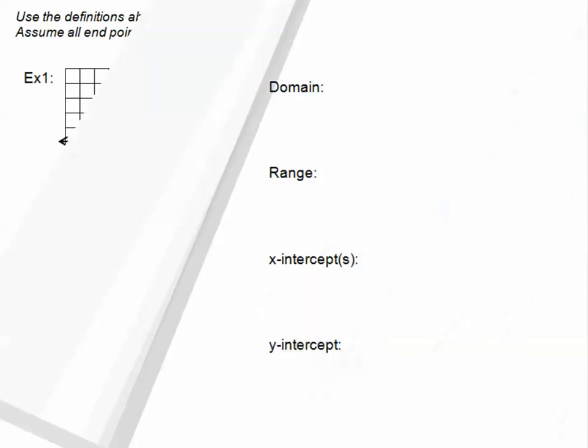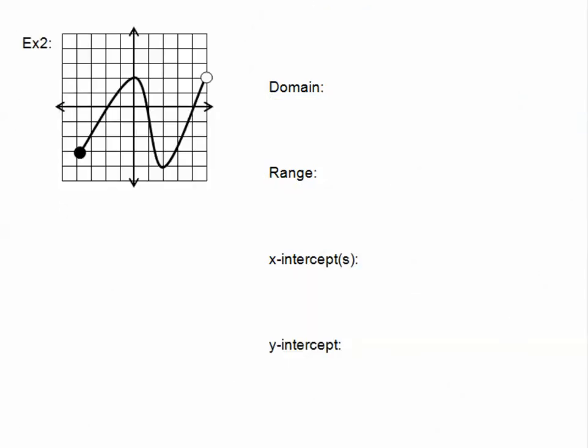Let's explore some more. Here's example 2. Now we have a little bit of a curvy function. It starts with a closed dot and it ends with an open dot. Let's see how that's going to affect my domain and my range. Let's talk domain first. We're talking as far left as we can go, which is right here, which is -4, and then we travel all the way to as far right as we can go, which is right here,